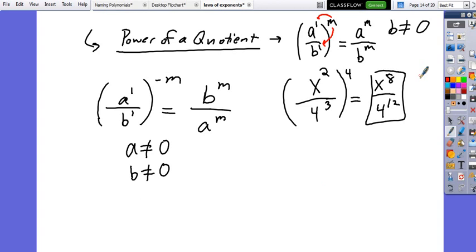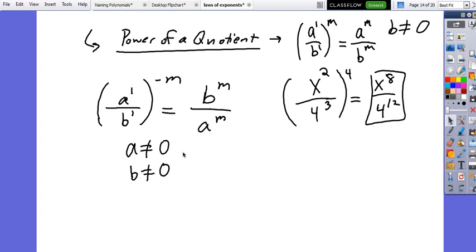Okay, so here it's important to understand that anytime we have variables in the denominator, those variables cannot be equal to 0. So our b value cannot be equal to 0 in this first example, or in this first rule. In the second version of this property, neither a nor b can be 0, because what we do when we have a negative exponent with a fraction